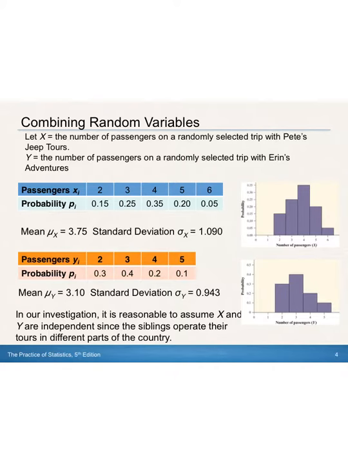So we're going to look back at our Jeep situation where we had Pete and Aaron. They both ran a similar company in different parts of the state, unrelated to one another. So it's reasonable to assume that these two variables are independent of one another. Pete's success doesn't affect Aaron or vice versa because they are in a completely different part of the country. So we're going to go ahead and look at the average passengers over lots and lots of days of tracking. For Pete it was 3.75 passengers and for Aaron it was 3.10. And when we're talking about combining these two,